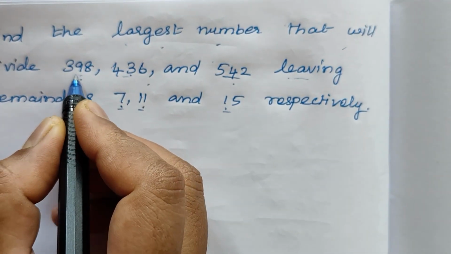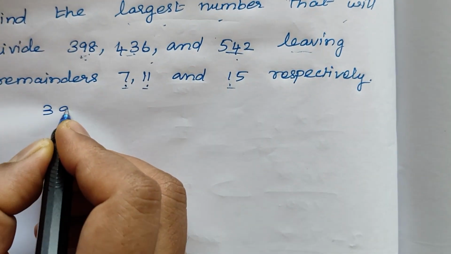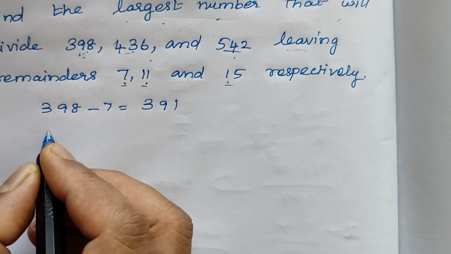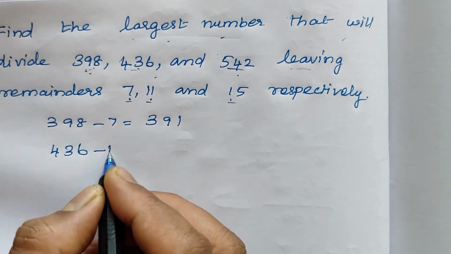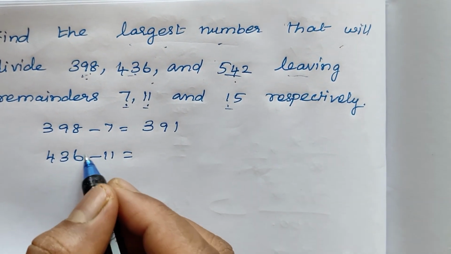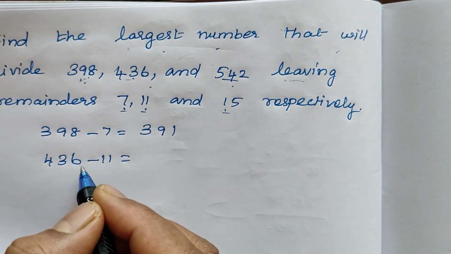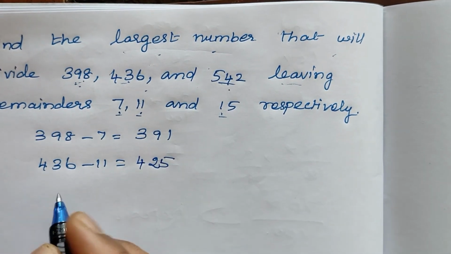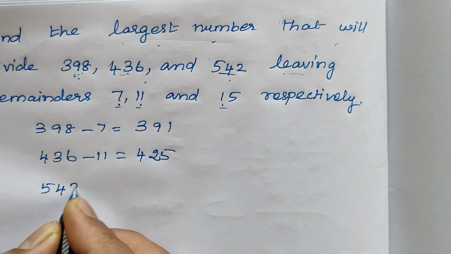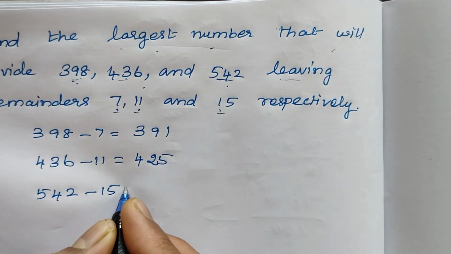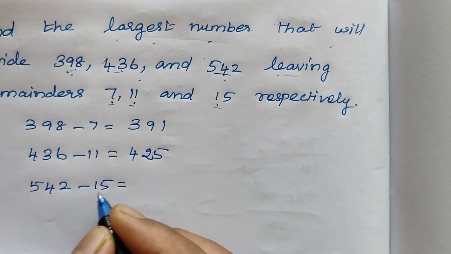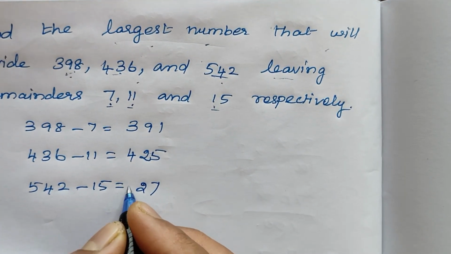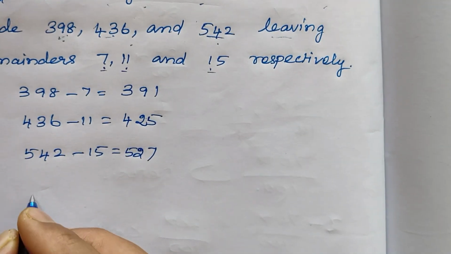First, it is leaving the remainder 7 for the first number. So 398 minus 7 is equal to 391. Then 436 minus 11: 6 minus 1 is 5, 3 minus 1 is 2, then the remaining is 425. Then the next one is 542 minus 15: 12 minus 5 is 7, 3 minus 1 is 2, then 527. Next we are going to find the HCF of